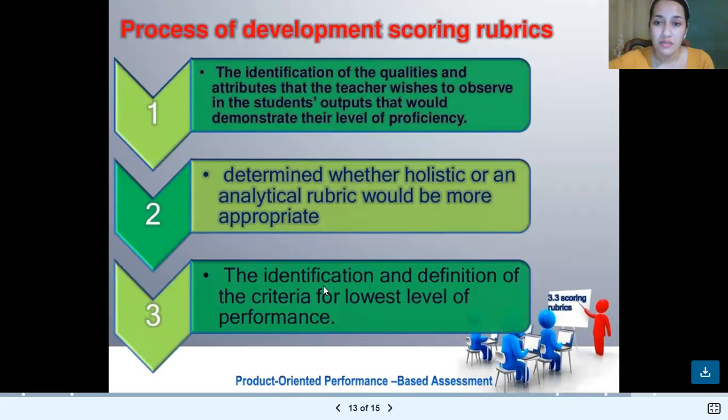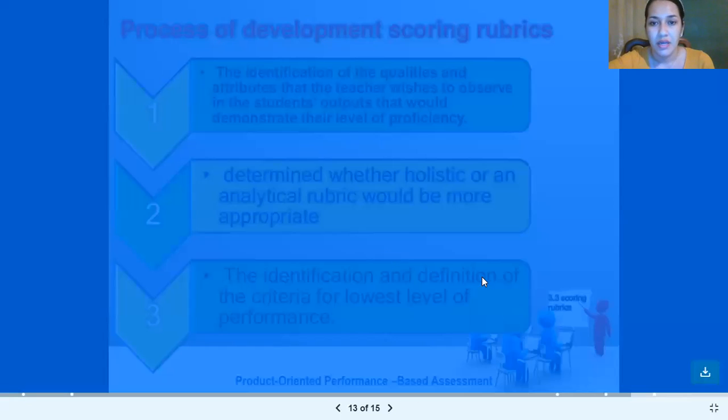This is the process for scoring rubrics. Identification of the qualities and attributes that the teacher wishes to observe in the students' outputs that will demonstrate the level of proficiency. Determine whether a holistic or analytic rubric will be more appropriate. And then the identification and definition of the criteria for the lowest level of performance. Now,